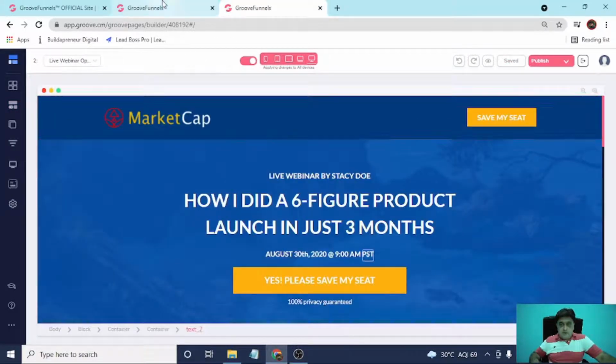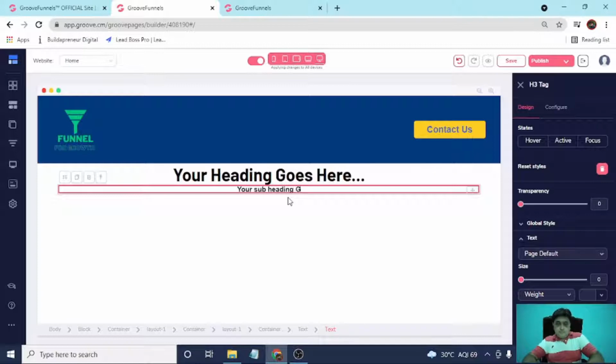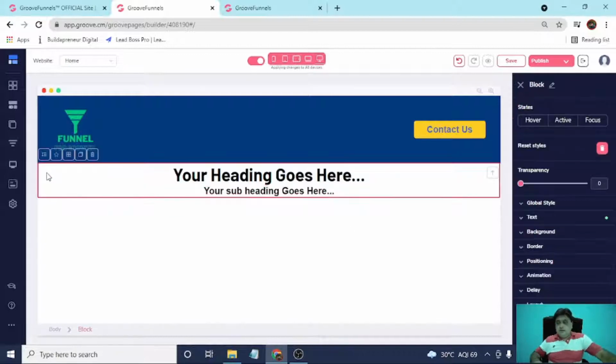Let me note down: your subheading goes here. Now also let's increase the size of the subheading a little bit. Yes, that's it.